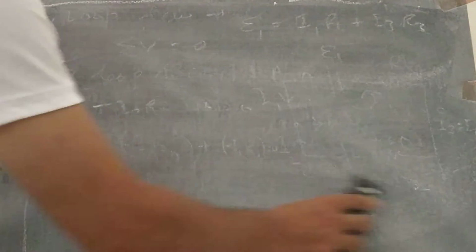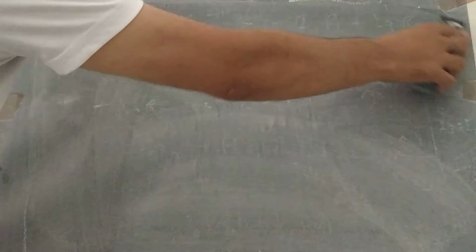Very important law. Suppose there are a number of cells and a number of resistances in the circuit, and a number of currents I1, I2, I3. Then we have to form the equations. If there is one variable, there can be one equation. If there are two variables, there will be two equations. If there are three variables, there will be three equations, and so on. First we will form the equations and then solve them for these variables.